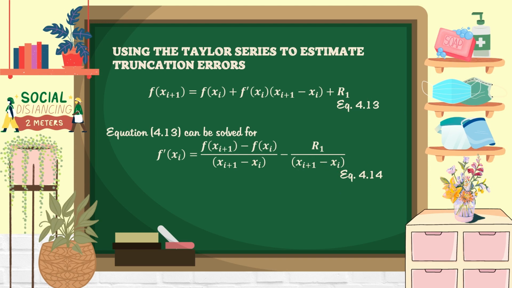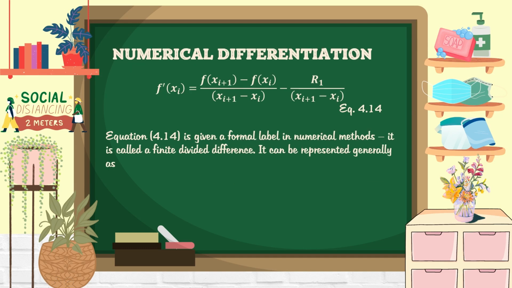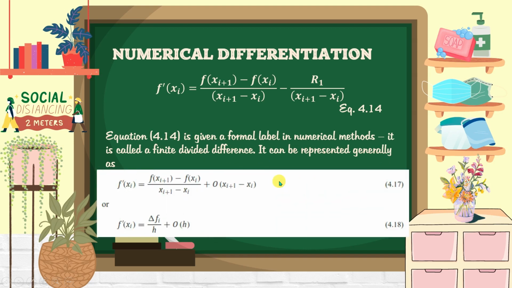So the first part of equation 4.14 is exactly the same relationship that was used to approximate the derivative in our previous example. And equation 4.14 is given a formal label in numerical methods. It is called the finite divided difference. It can be represented generally as equation 4.17: the first derivative f'(x_i) is equal to f(x_{i+1}) minus f(x_i) all over x_{i+1} minus x_i, plus O(x_{i+1} minus x_i), as shown in equation 4.17,